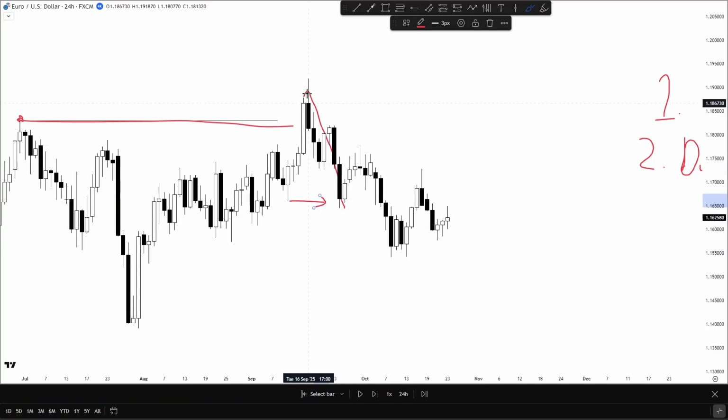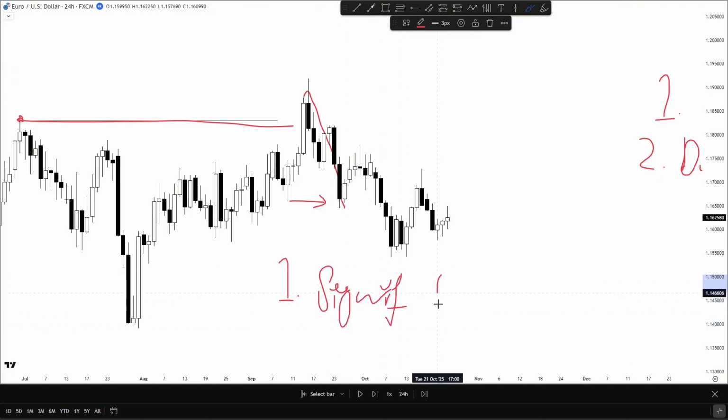The reason this structural shift is valid is, first, that we broke below a significant or key low. The reason this low is a key low is because it led to this high being broken,